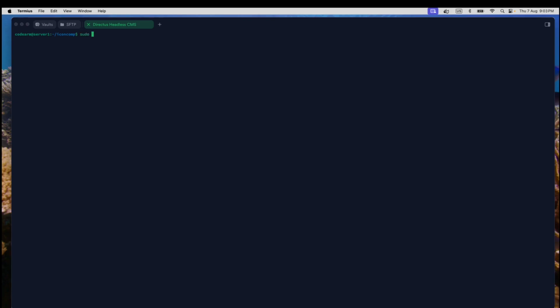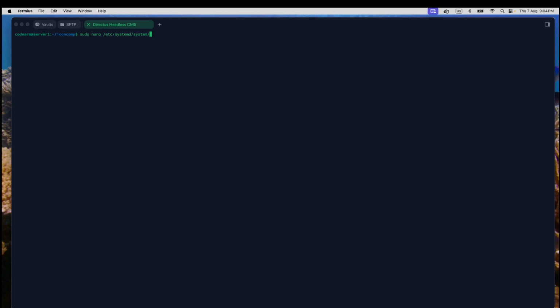We're using Nano, our text editor, and it's going to be /etc/systemd/system. All right, so let me make sure I'm good so far. So it's etc